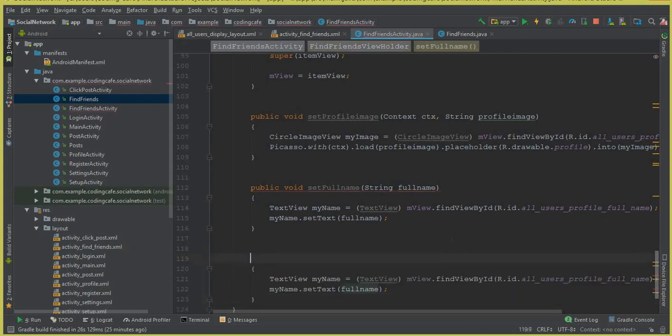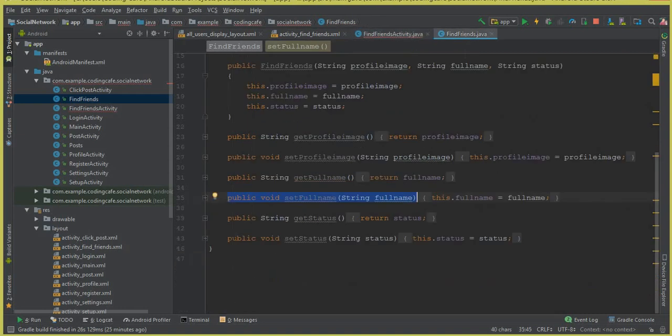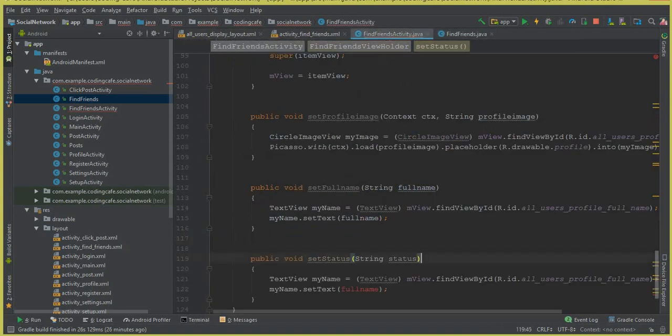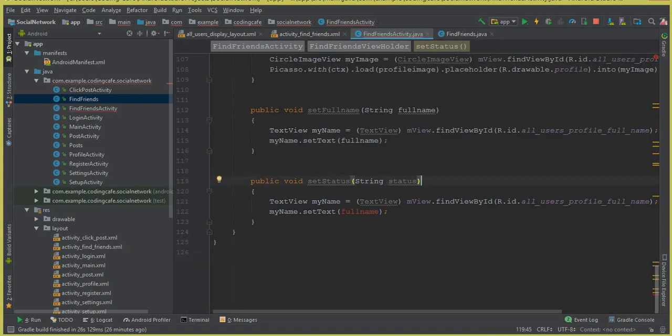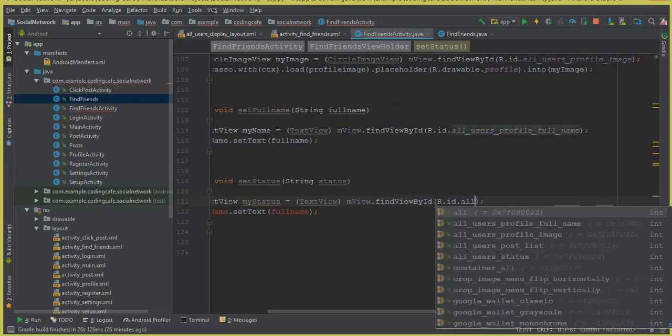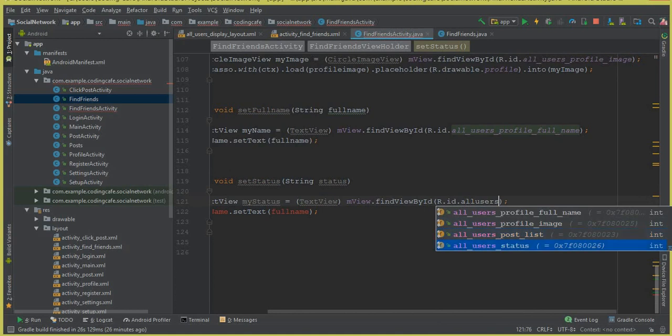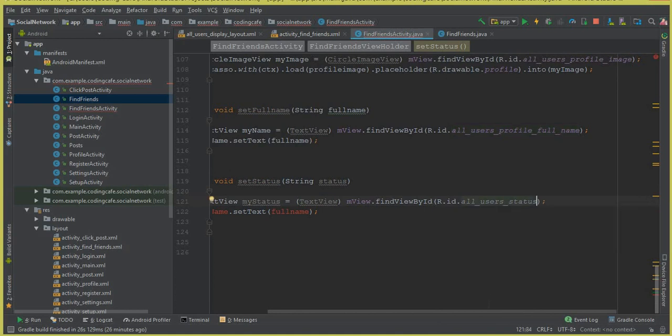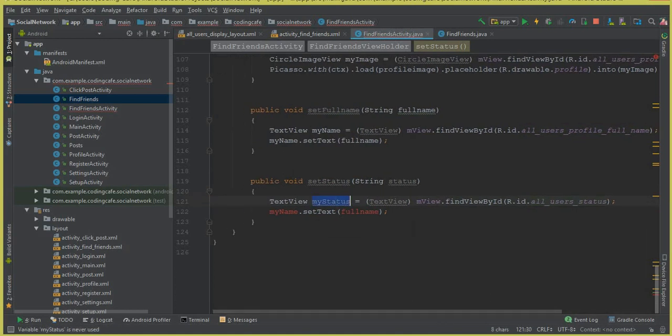So remove this and come here to the find friend and copy this public void set status. Copy this from here, paste it here. So this is the status. So let's call it my status and make sure to change the ID for it. So all users or all user status, and then we can say my status dot set text to